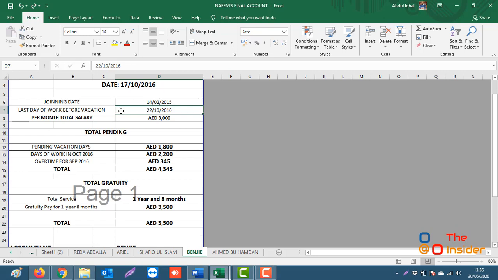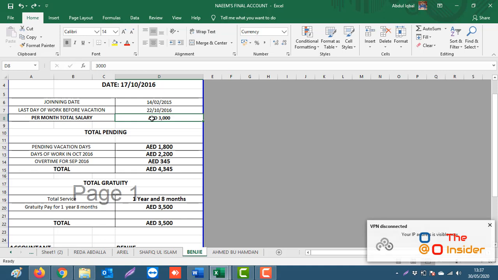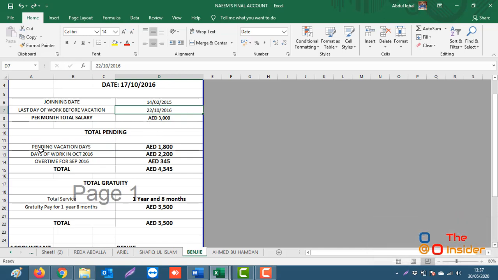In this particular case, the person's salary is 3,000. I keep it simple so that you can understand. So let's say this person has been working roughly 1 year and 8 months inside the company. We say that 22 days of the last month are not paid, so we will calculate the work for him. Since they are paid 100 dirham per day, their total salary for the month is coming